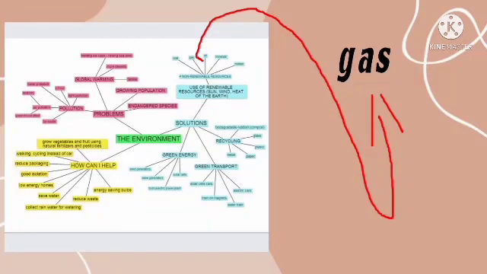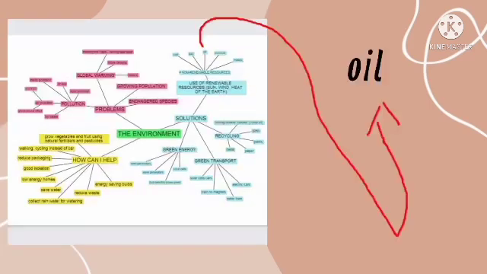Gas. Natural gas is a non-renewable natural resource that is often found together with oil. This is because natural gas also comes from fossils, from methane gas. Oil. Crude oil is the first example of a natural resource that cannot be renewed. Crude oil comes from ancient fossils trapped in the bowels of the earth.